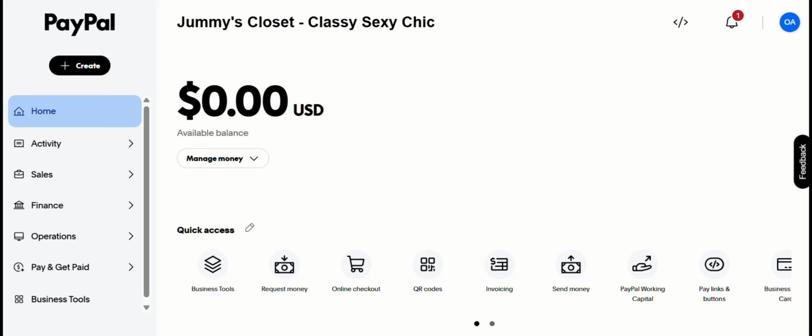Hello. So what I'm going to show you now is how to add a payment link into your Google account,